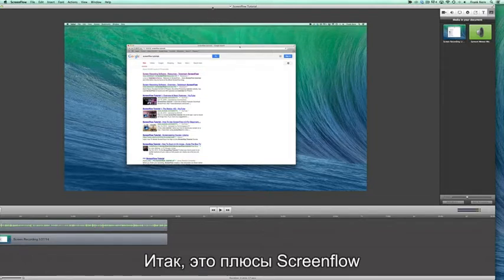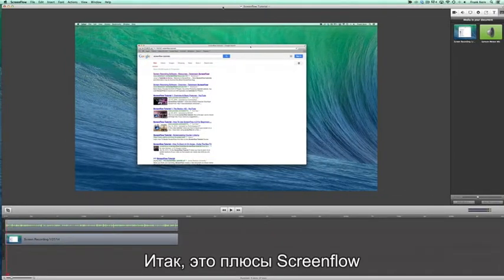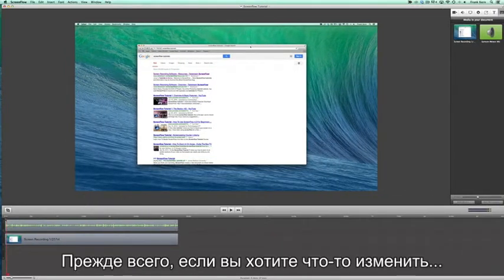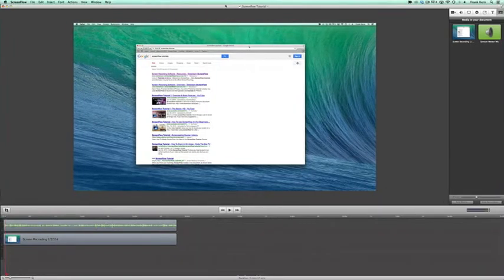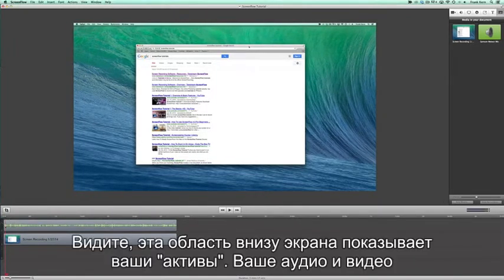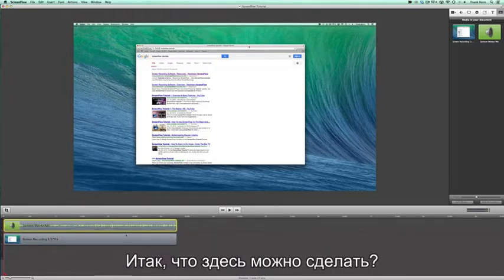Okay. So now here's some cool stuff about ScreenFlow. First of all, if you want to change something, let's see here. Make sure I got everything positioned for the camera properly. See this little area down here? These are your assets. This is your audio and this is your video. It divides it in 2 channels, right? So what you can do is, let's say